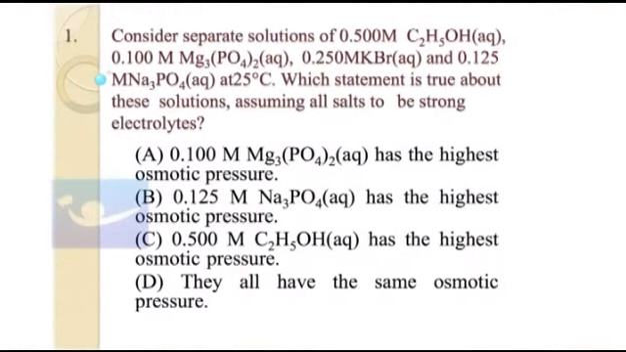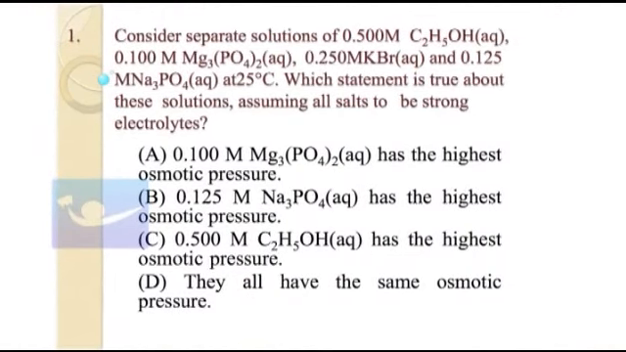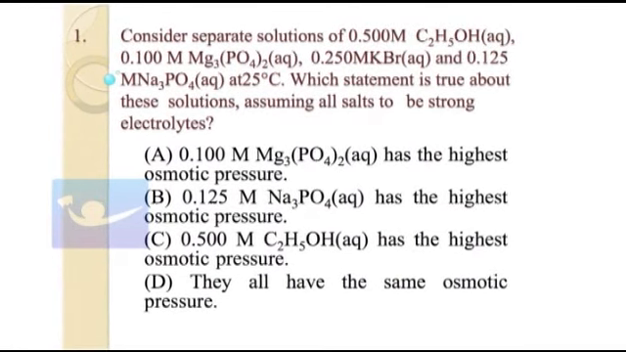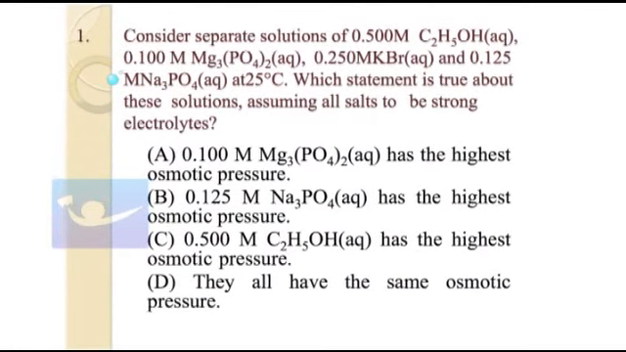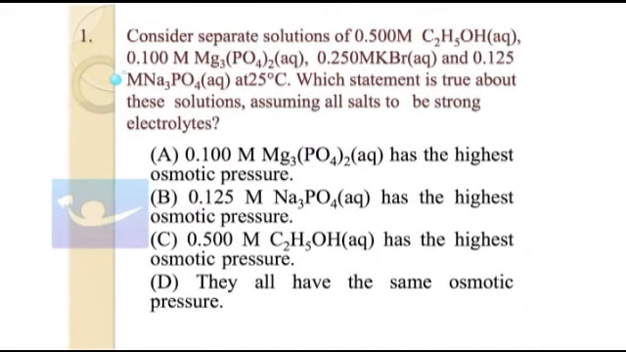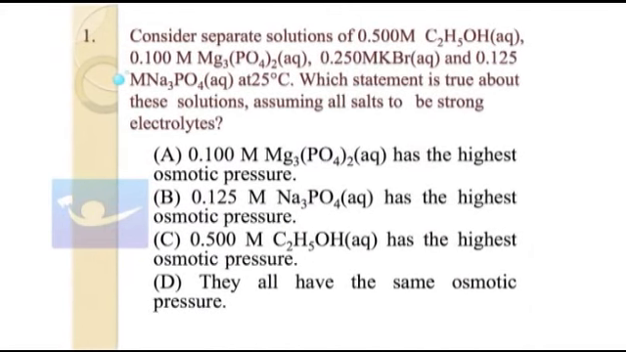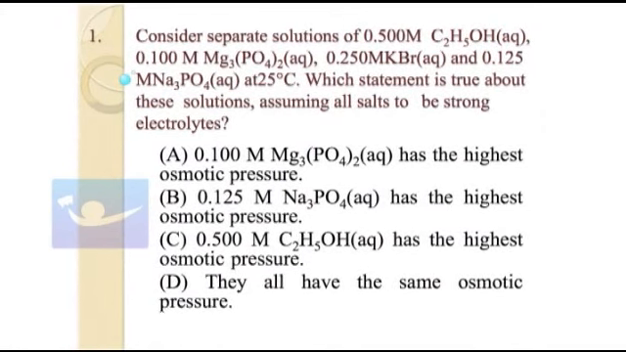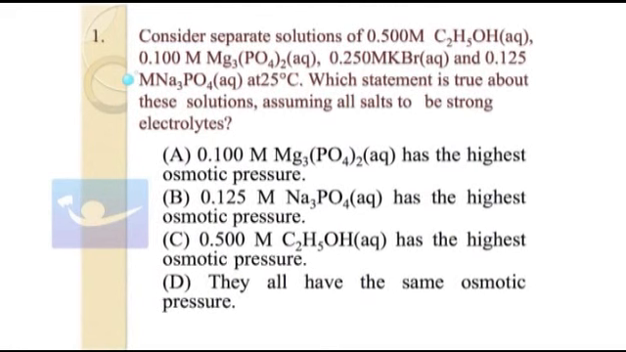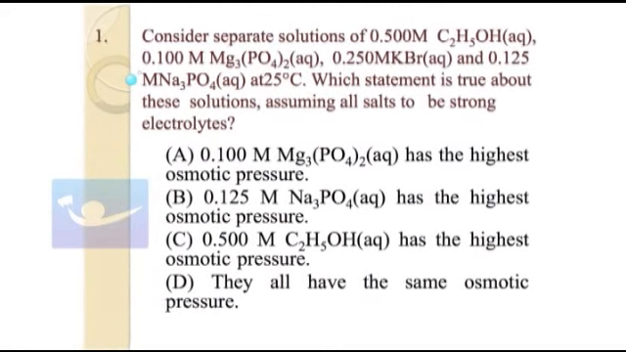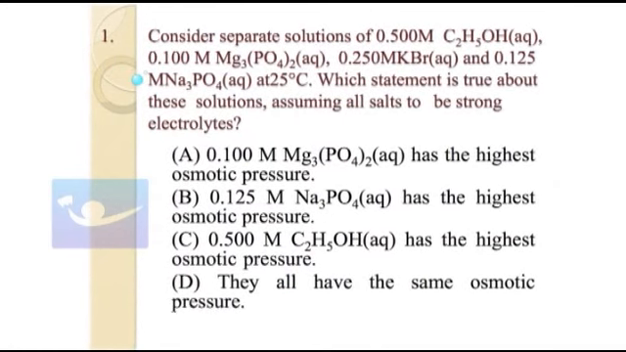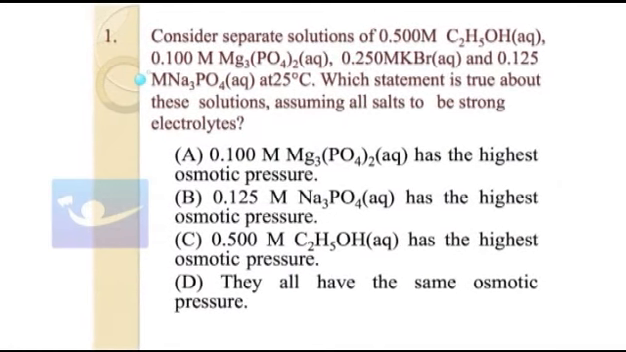First question, consider separate solutions of 0.5 molar C2H5OH and 0.1 molar Mg3(PO4)2, and 0.25 molar KBr and 0.125 molar Na3PO4 at 25 degrees Celsius. Which statement is true about these solutions assuming all salts to be strong electrolytes? And when you look at the options, you will understand that this question is from solutions, the theory of dilute solutions,